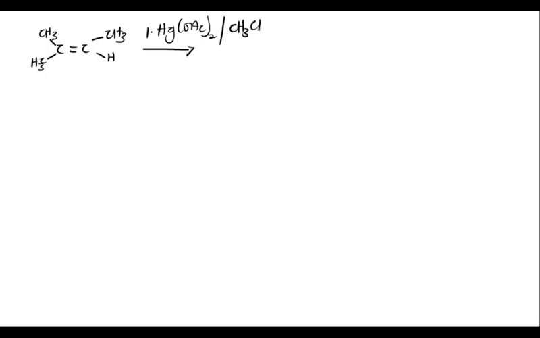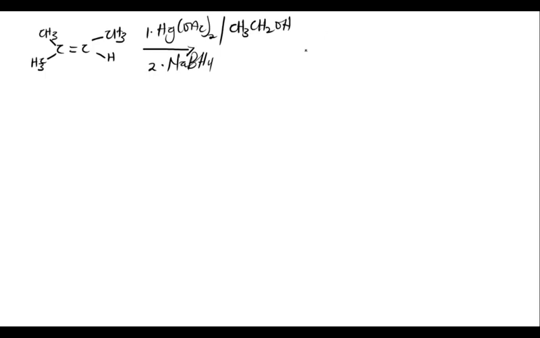So example number 2, we have this as our alkene. We have CH3 here, hydrogen here, another CH3 here, another CH3 over here, and then we are adding mercuric acetate in the presence of ethanol, CH3CH2OH, and then secondly we add sodium borohydride. And then the product that we are going to get, we don't know, so we are to